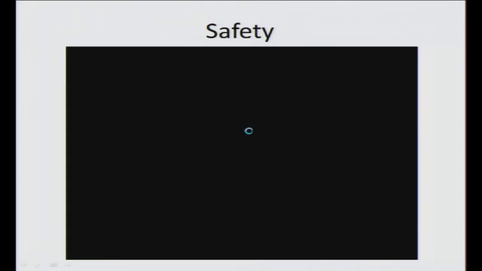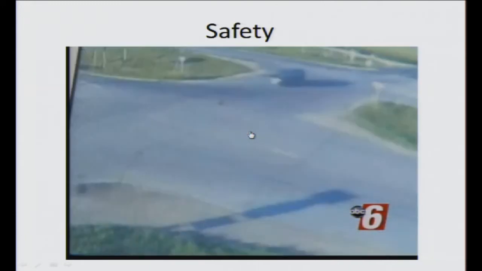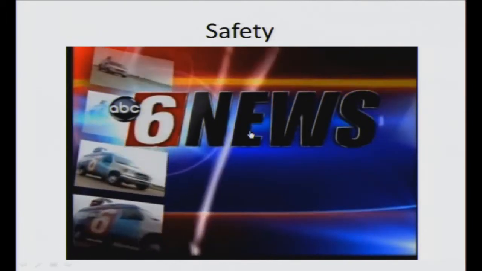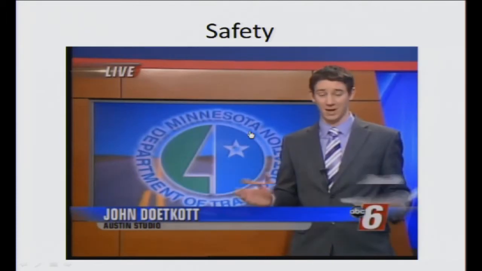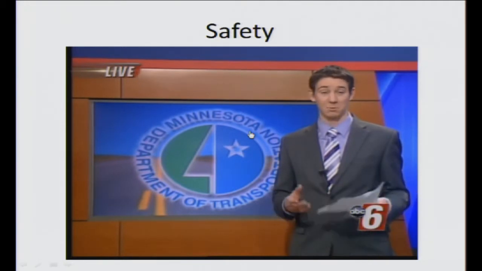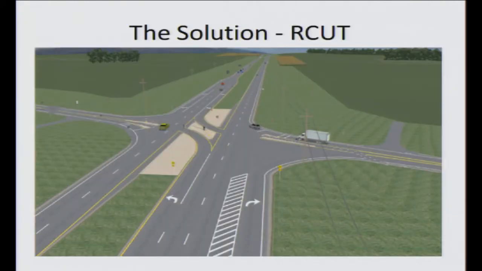And certainly another problem that's more pressing we want to address is this kind of safety problem. This is a real intersection, real footage of a crash. This intersection was protected by a technology called stop sign control. It's ITS technology that provides gap information to drivers, but the technology can only do so much. When the volume increases to this kind of level, you see this kind of crash. It's very dangerous. This is on the local news. This is one of the locations. This is in Minnesota. The state DOT is saying that what we are going to talk about is going to